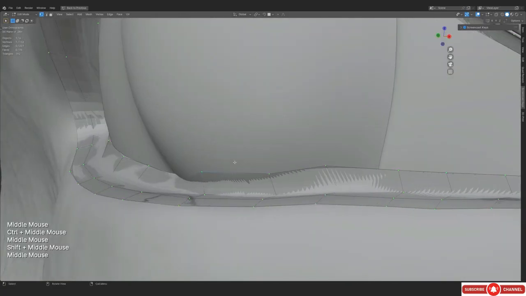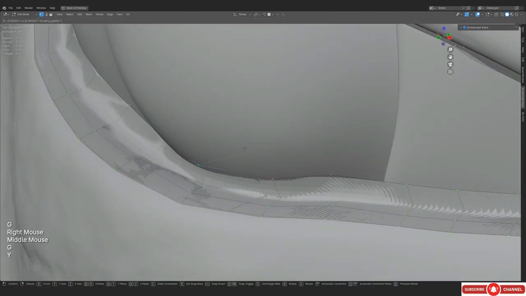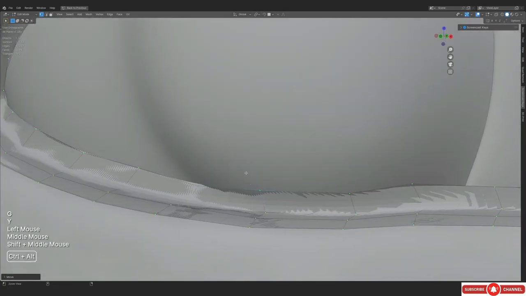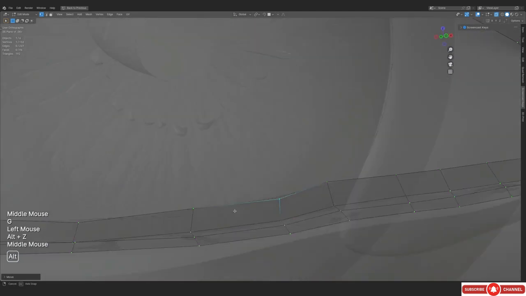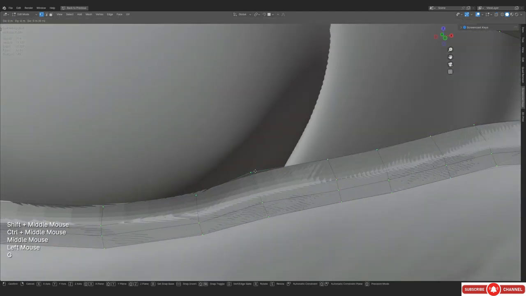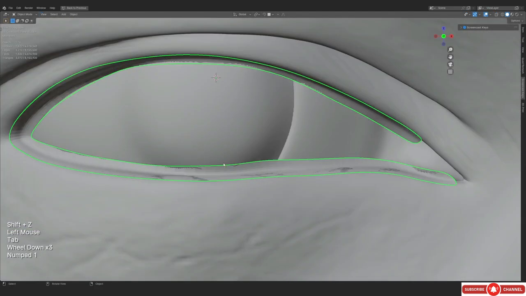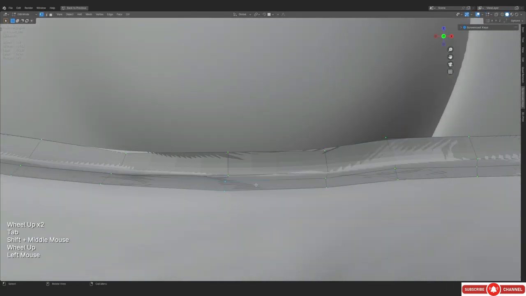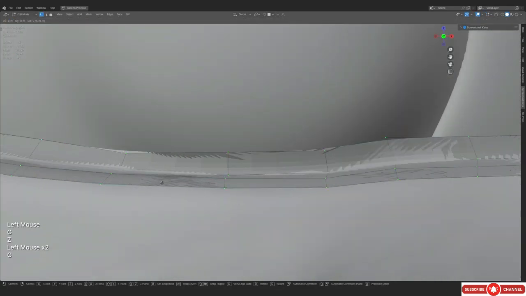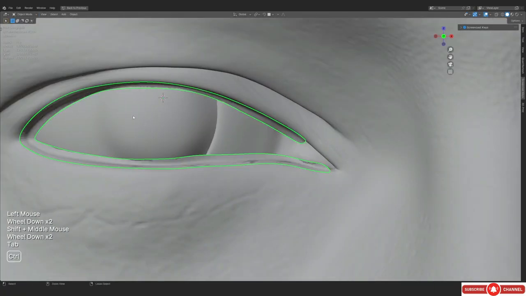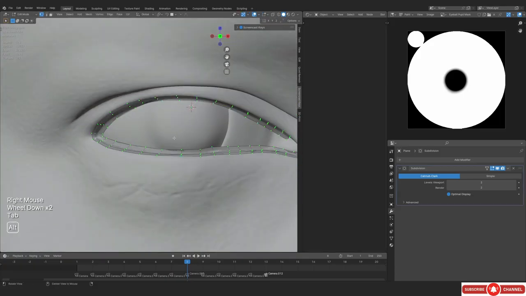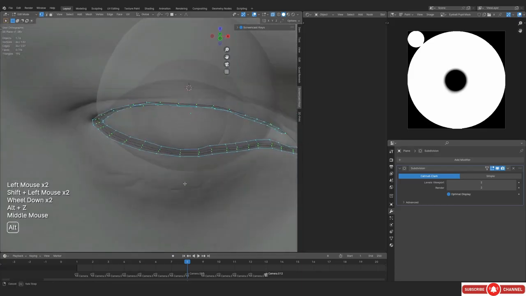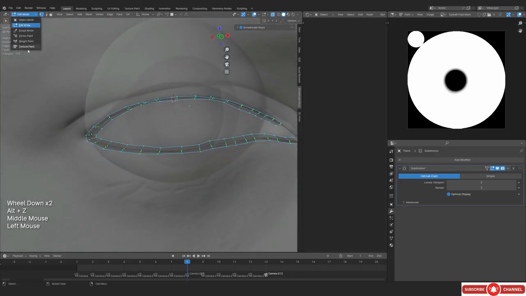Okay, we have some intersection over here as well. So let's just push them out. Yeah, okay, there is no but. Let's actually just fix that first. I was about to say that we can actually just create the shader and fix this later. We might not even have to fix all of it actually. But yeah, I guess it's fine fixing all this stuff first. So this is what we have. Let's actually just smooth it out. Obviously there is some intersection, but we can actually just fix it afterwards.